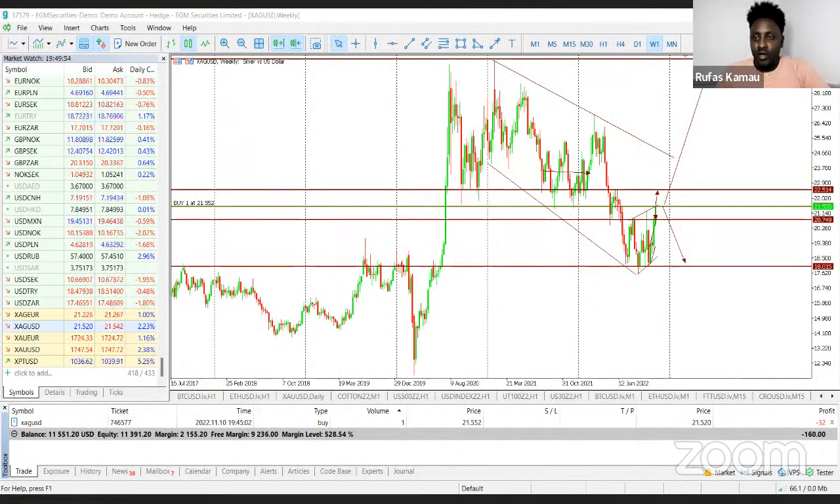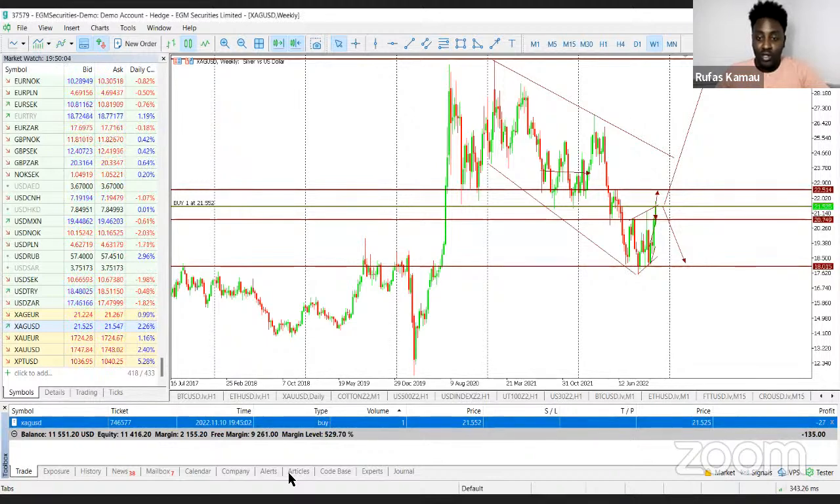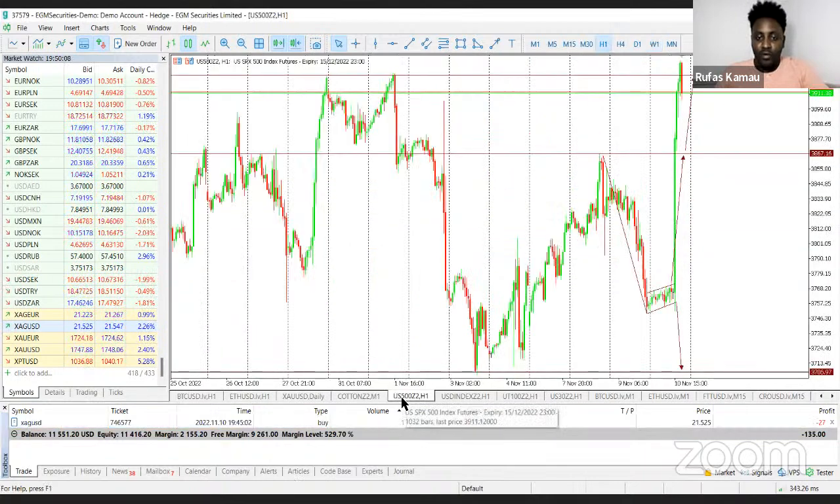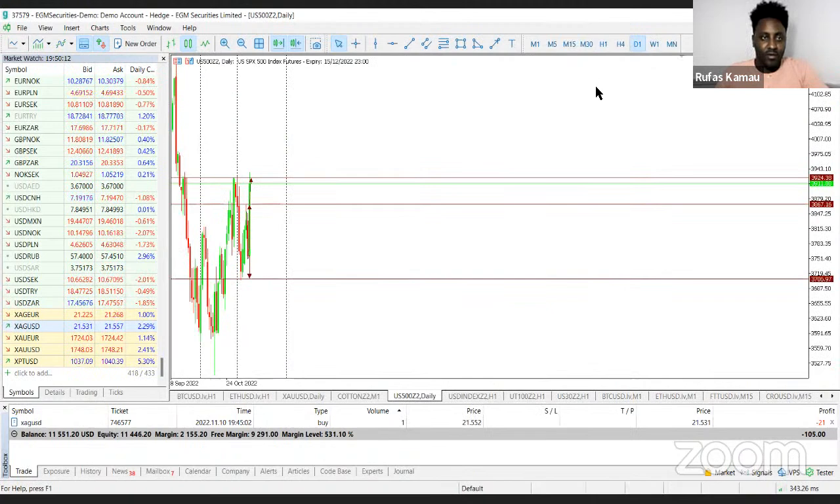So generally or historically, bear markets last for a year. And right now in November, we are approaching December. And this basically represents the end of the bear market, potentially. It's not yet the bottom. I cannot confirm this. But from what we are seeing, let me show you the daily chart for the US